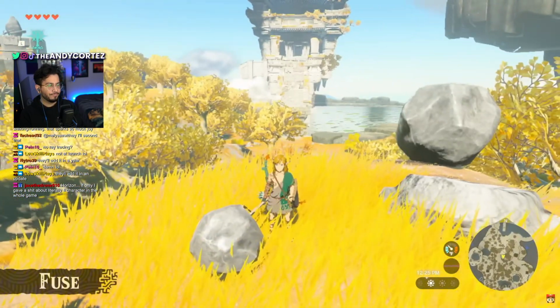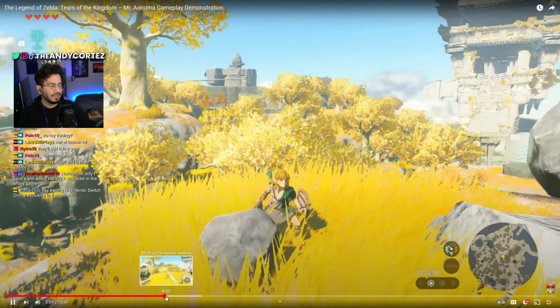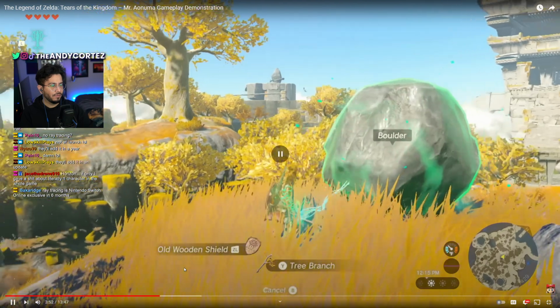This is called fuse. You can stick objects together to create new weapons. I mean, the rock's not the same size as the makeshift hammer, though, but, you know, we'll just ignore that. And the rock over here,